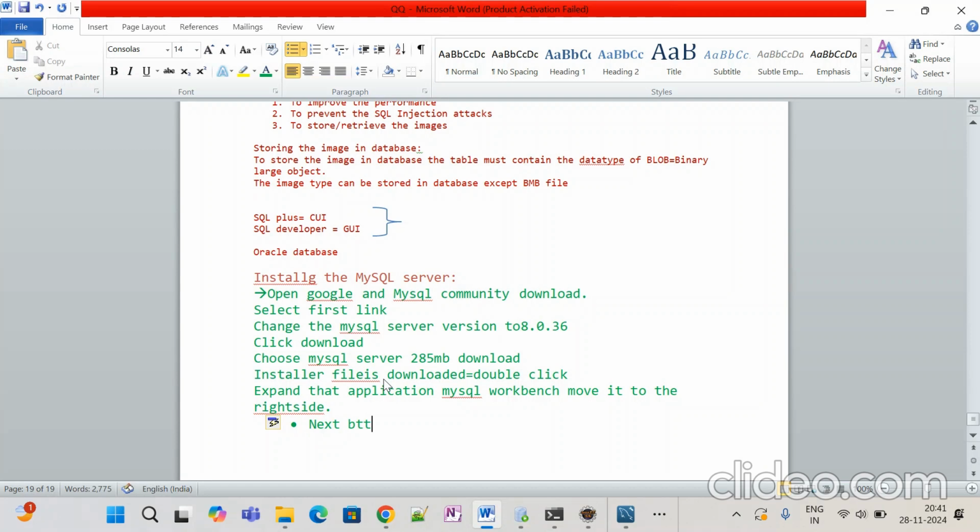Next button, and you have to set the password. Set the password. Once you do that, now open the Workbench in Windows, or open it from the Windows search. If you want to open it there itself, you can do that. Otherwise, go to the Windows search box,